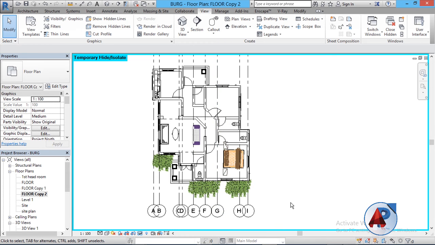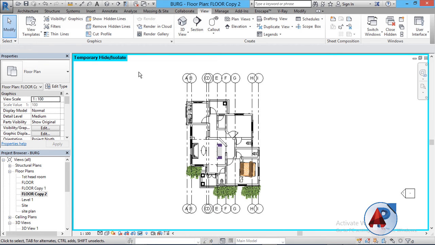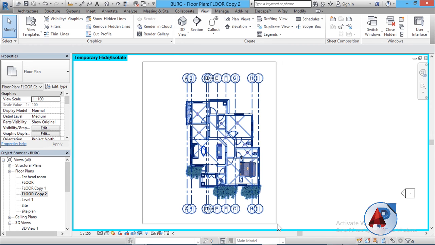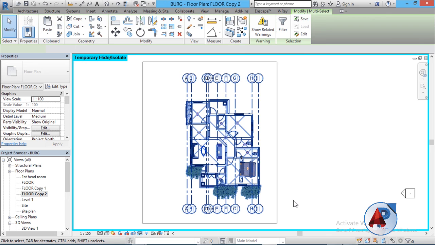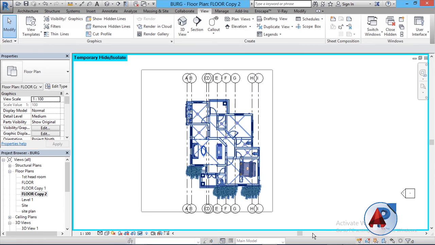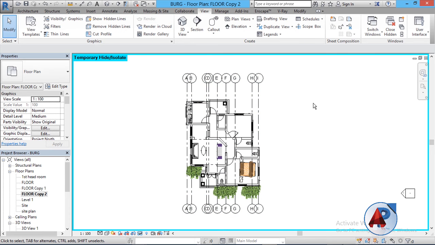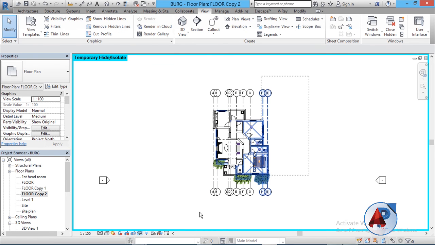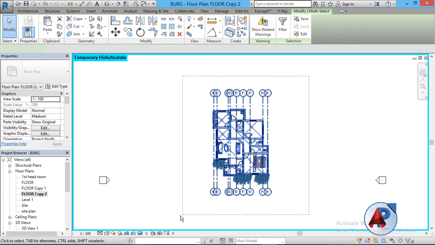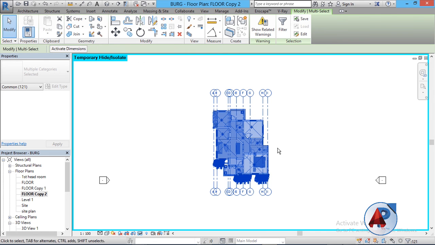For example, I want to make a multiple selection. If I make a window selection or a cross selection and leave, let me come again, click, yeah, I have my selection.